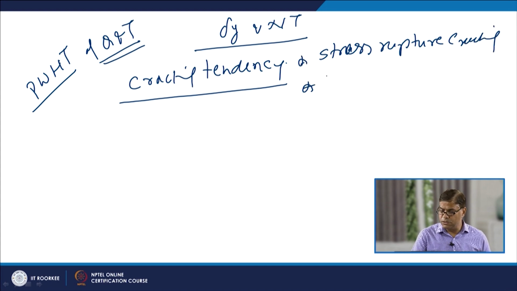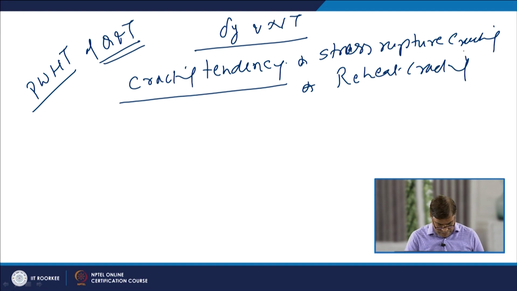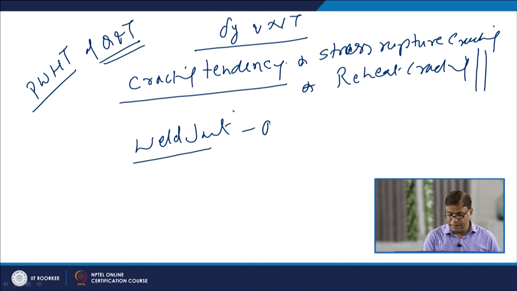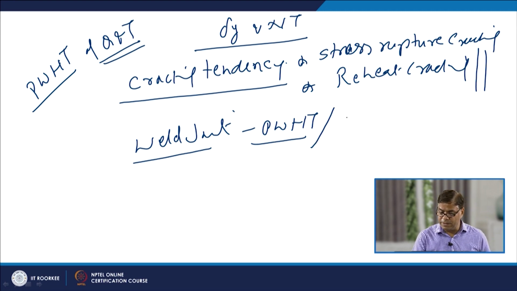This is also known as reheat cracking, and this kind of cracking is observed when the weld joint of the Q&T steel is given the PWHT heat treatment in a certain temperature range, or the weld joint is subjected